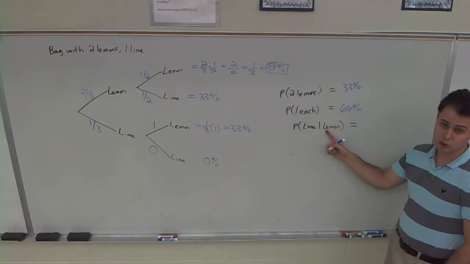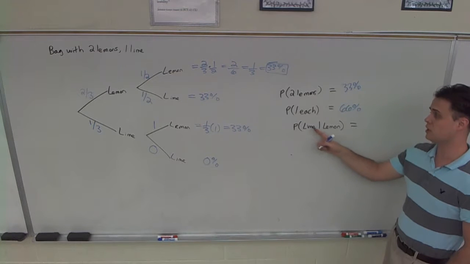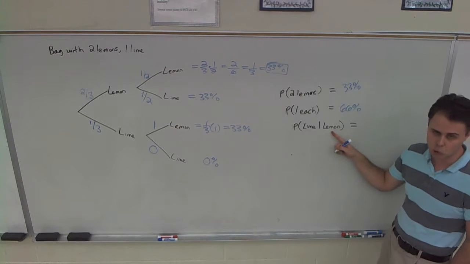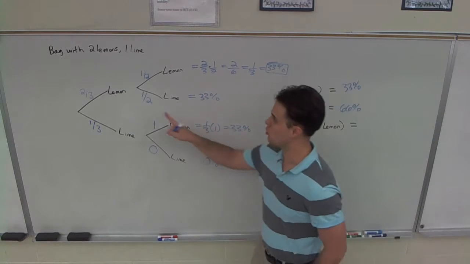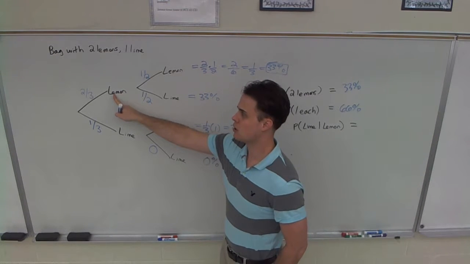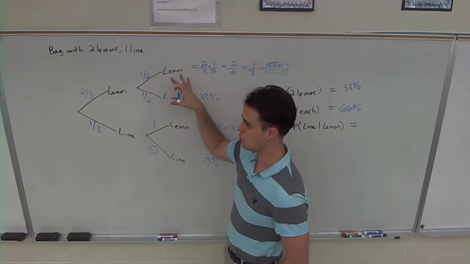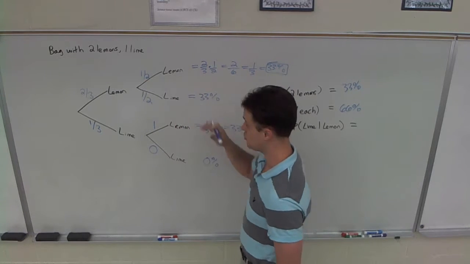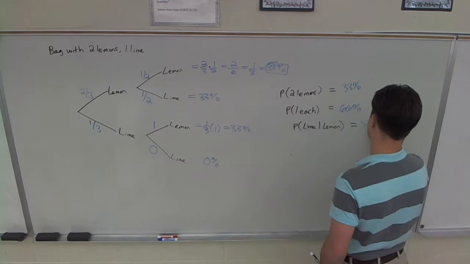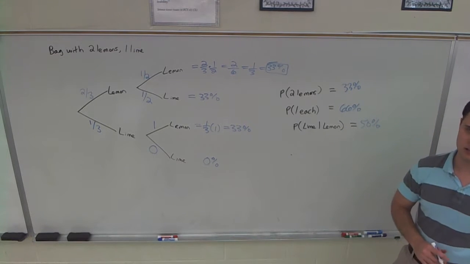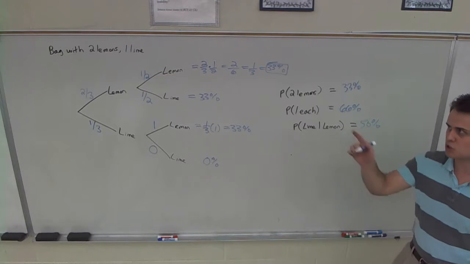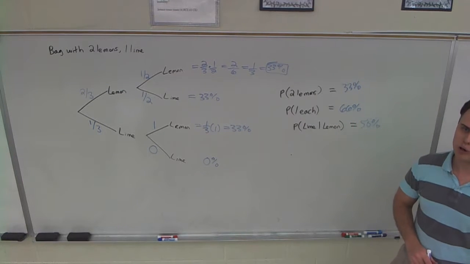Remember, you read this and you need to know how to read this carefully. This is the probability of getting a lime given that a lemon already happened. So that means look where the lemon already happened, and the sample space is now limited to this part. So it's 50%. That's a little bit trickier, right? You can get that off the tree by thinking about just that limited sample space, or you can use the